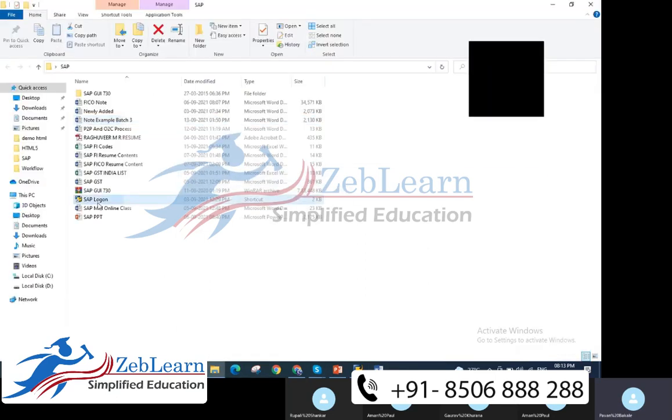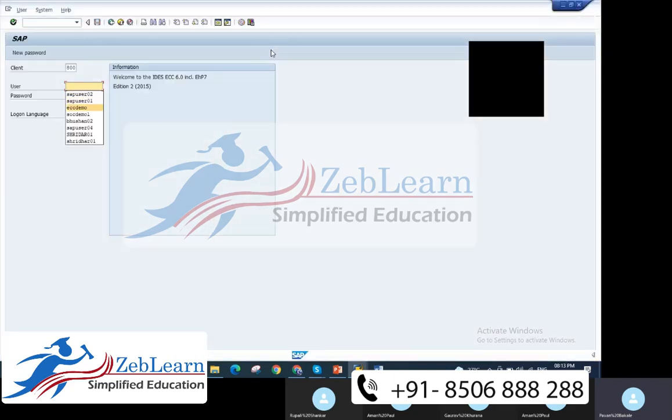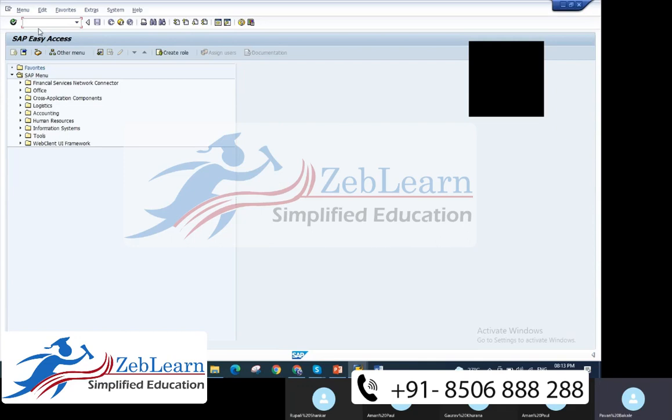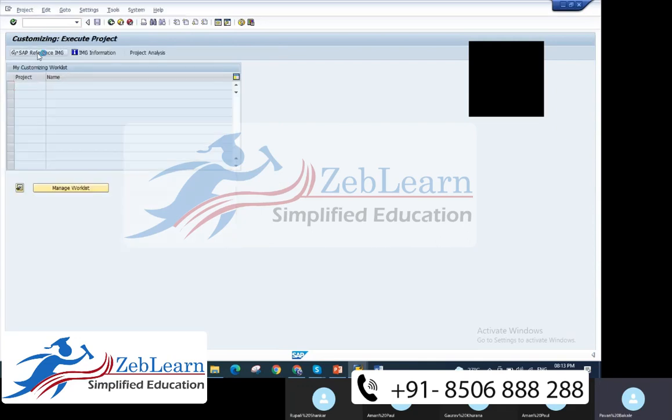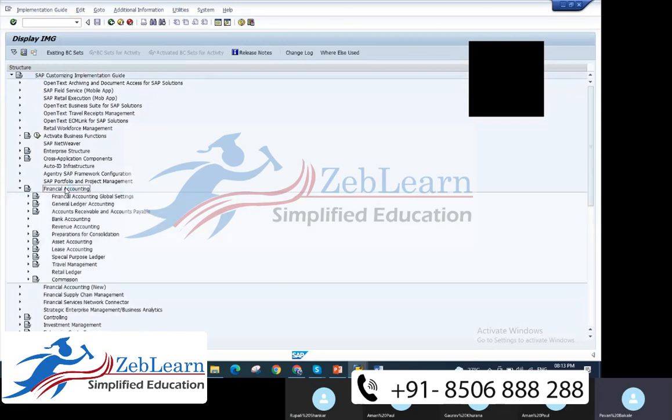For that I'll start with the SAP configuration. So I'll log in to my SAP software here. Then we log in with our server access. Then we need to go to SPRO, SAP Reference IMG. Then go to Financial Accounting, then Accounts Receivable and Accounts Payable.